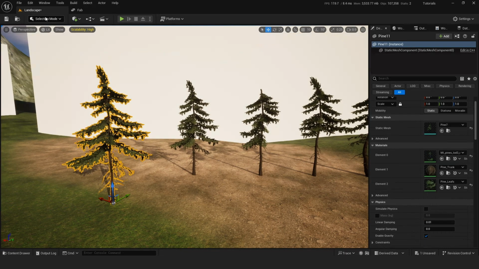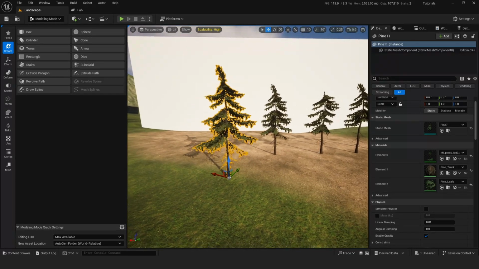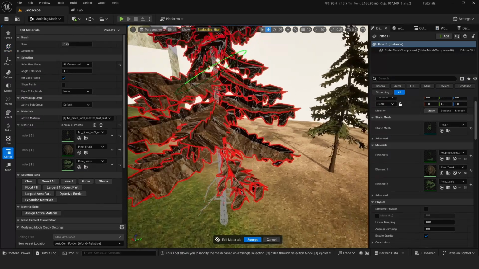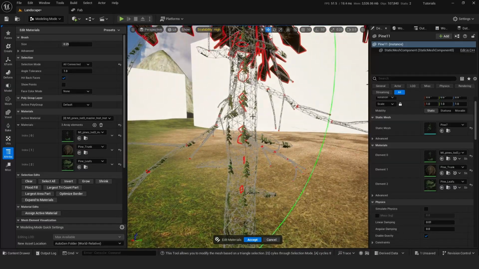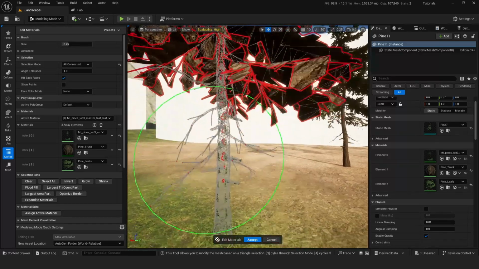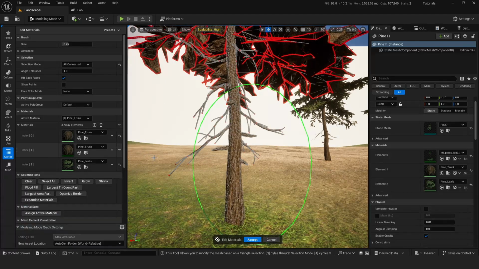The first thing I want to do is go to modeling, and then we're gonna do several things. The first thing I want to do is fix a defect that I saw in this mesh, but only in this mesh. I haven't seen it with my other projects. But if we go into the attributes of this mesh and then go to edit materials, you can see that the materials are off. They shouldn't be placed like this. And the way I found to fix this is that I'm going to assign the pine trunk to this one,